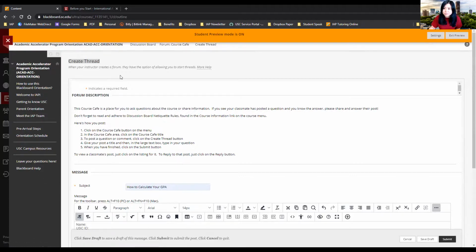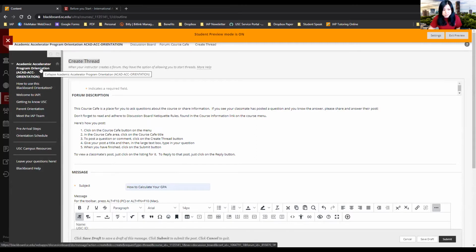orientation correctly. Please make sure that all these steps are done 1 week before orientation. Well, preferably as soon as possible, but 1 week before orientation would be the most ideal because you do need some time to process the information. And if there's anything wrong, you will need some time to get those